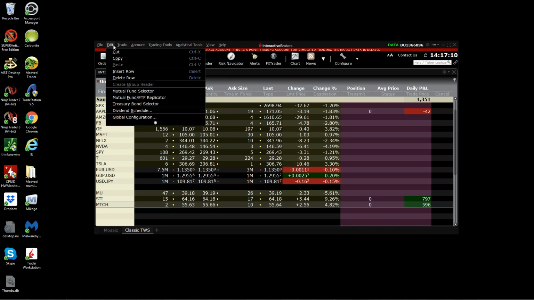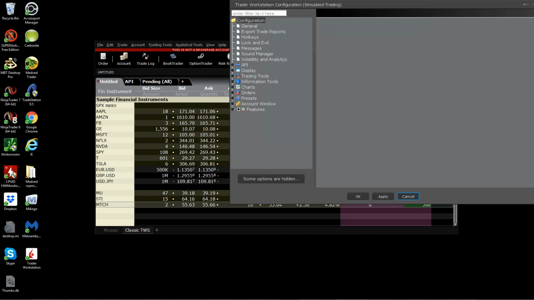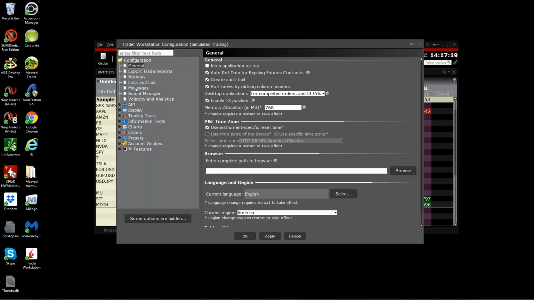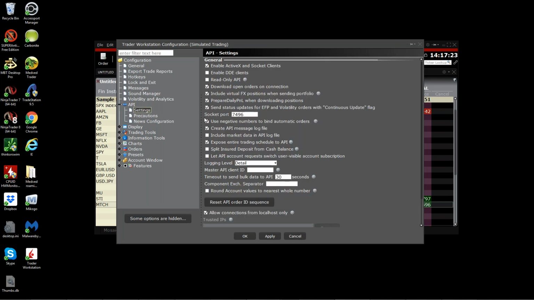Edit. Global configuration. That was it. There's some settings in here you have to adjust under API settings that, if you need to, let me know and I can give you the link. But there's some settings here. Once you set them here,